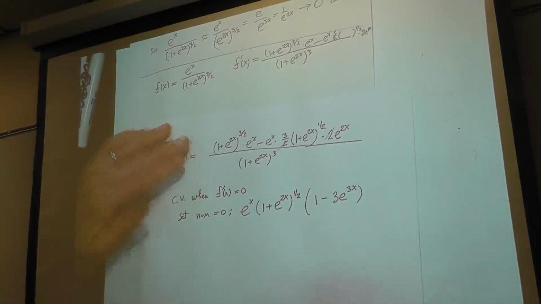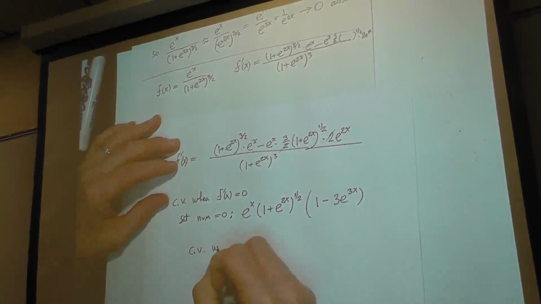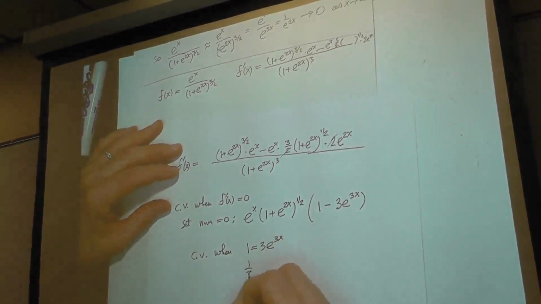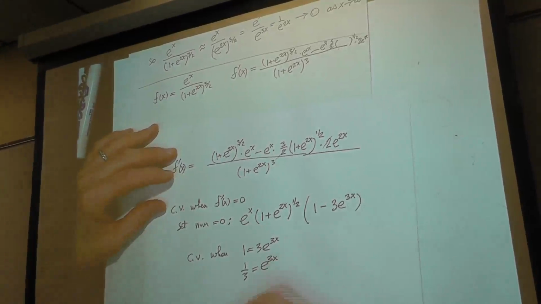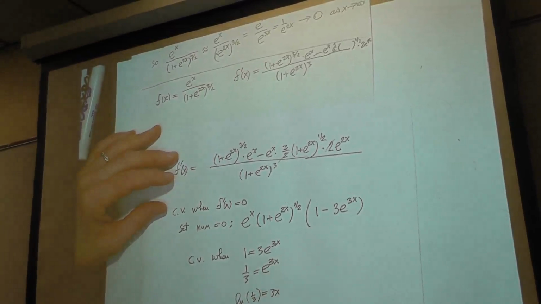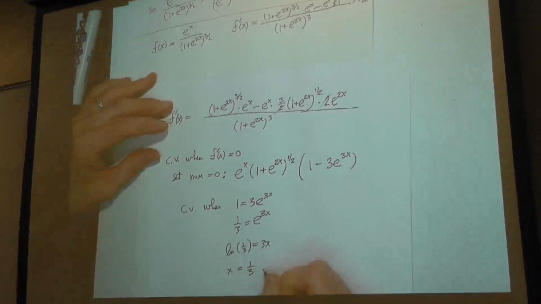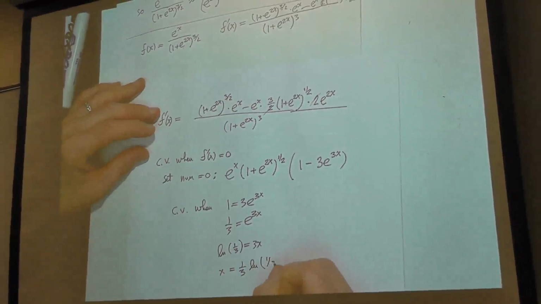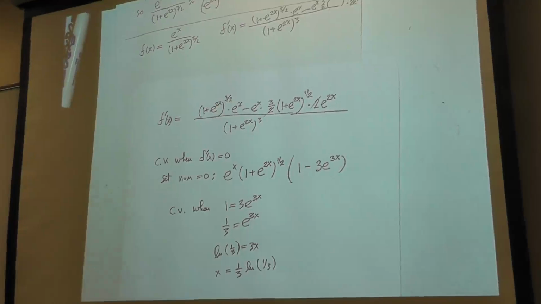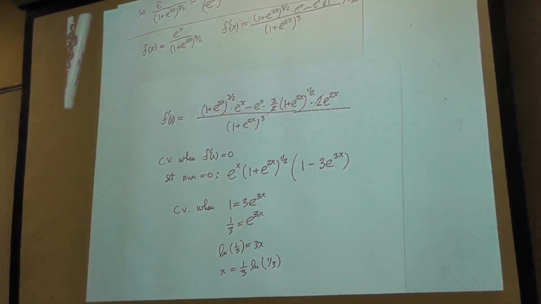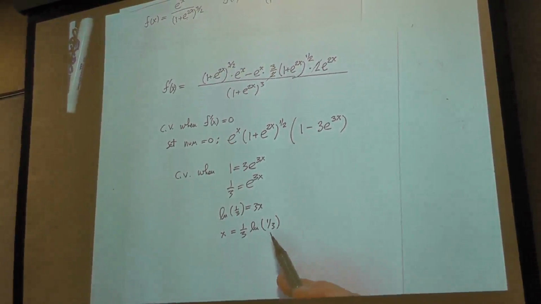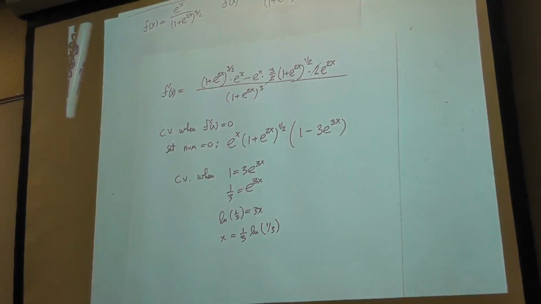And therefore my critical value is when 1 equals 3e to the 3x, so 1/3 is e to the 3x, log of 1/3 is 3x, so x is 1/3 natural log of 1/3, which is not easy. You would technically have to show that's a maximum, but you've got curvature going to 0 on the left, curvature going to 0 on the right,